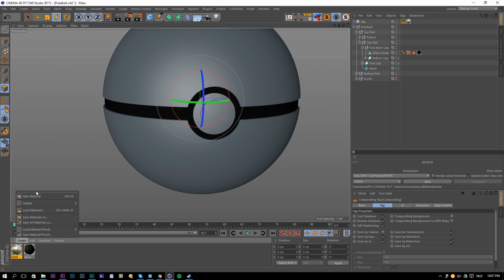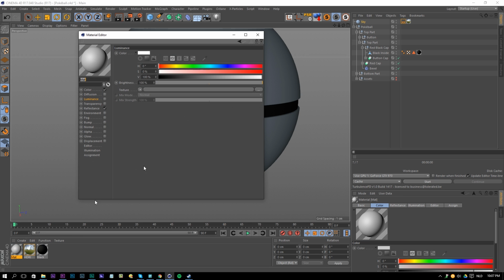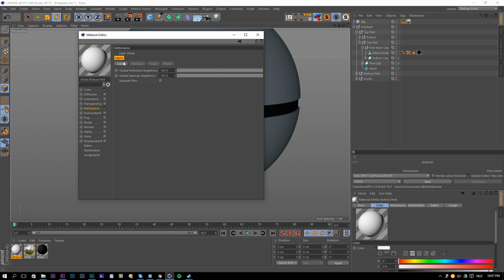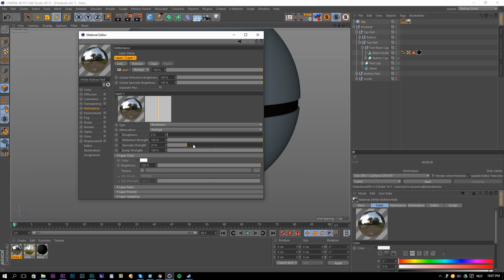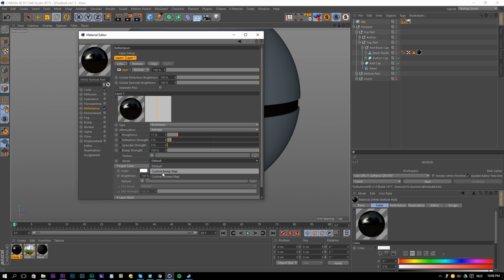So like a white, kind of reflecting, but not too much. Choose this white bottom part, and choose an almost white color here, and go for a reflectance channel again, delete the specular, and add a Beckmann again. And I'm going to increase the roughness just a tiny bit, and remove the reflections, and especially the specular, I guess. And then for the bump, I'm actually not going to add a bump for this one. It's going to be like a clean color here.